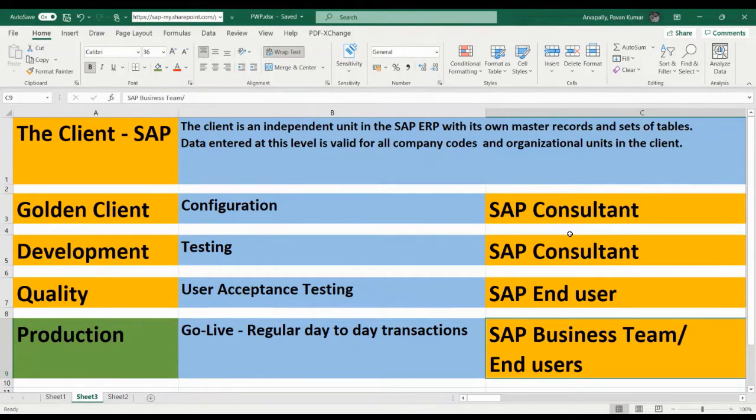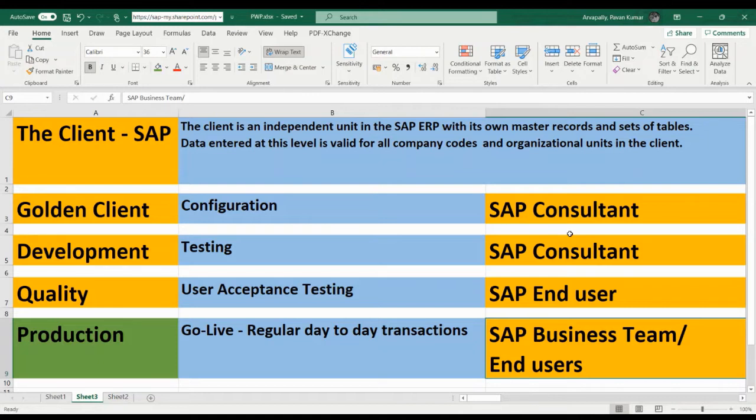Today I'm going to explain the topic client. This topic is useful for people who are very new to SAP, like completely new to the SAP environment. One should be aware of the organization structure in SAP, how transactions get posted in SAP, and have a basic understanding of the org structure and client also. So before going into the transaction level in depth or requirements in detail, I'm going to explain